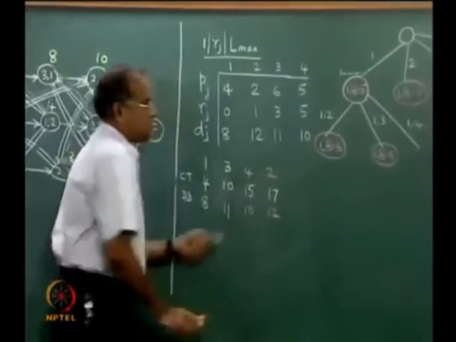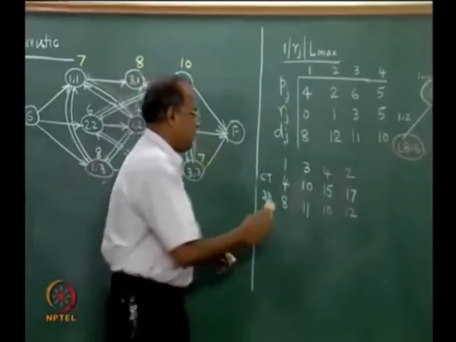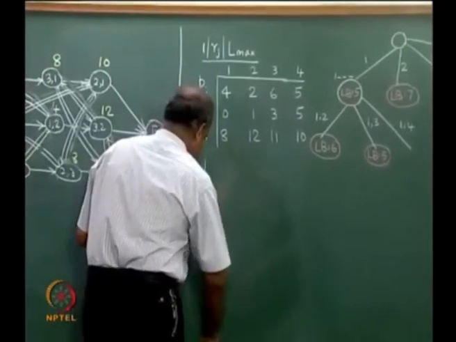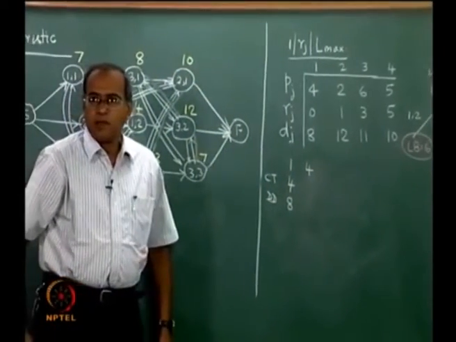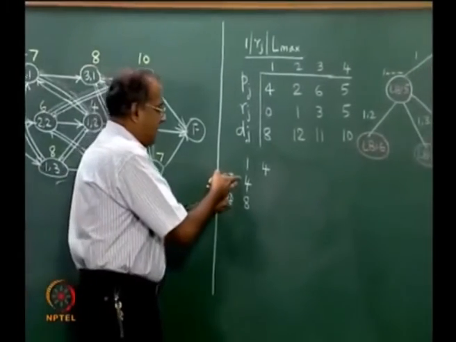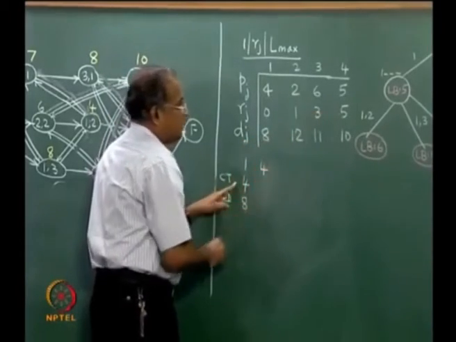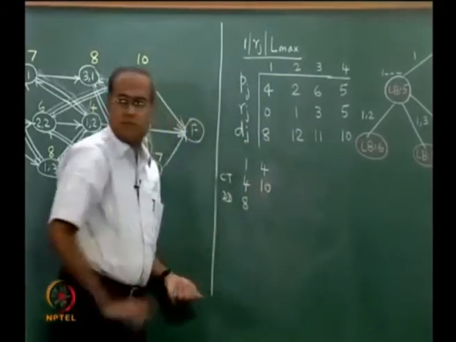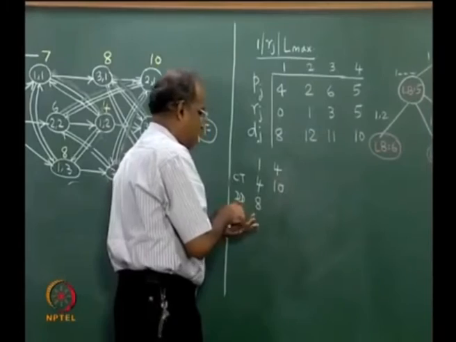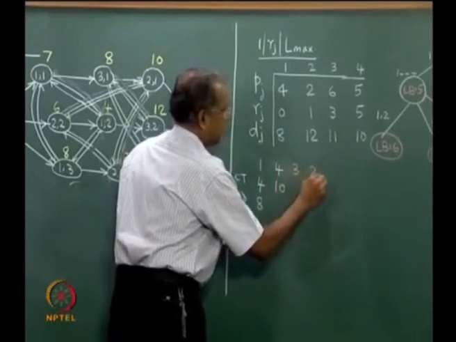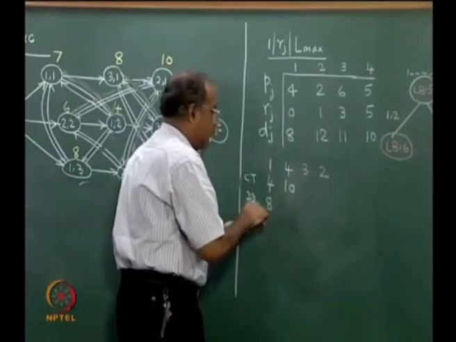Now, there is actually a way by which we need not do 1 4, but let us try and do 1 4 and understand, maybe we need not do it. So, we look at 1 4 here. Now, when we do 1 4, this is at time equal to 4. So, this has to wait for another 1 minute. So, takes it at 5 and finishes at 10. Then by EDD rule I have 3 and 2. So, at 10 this is available. So, 16 and 18.